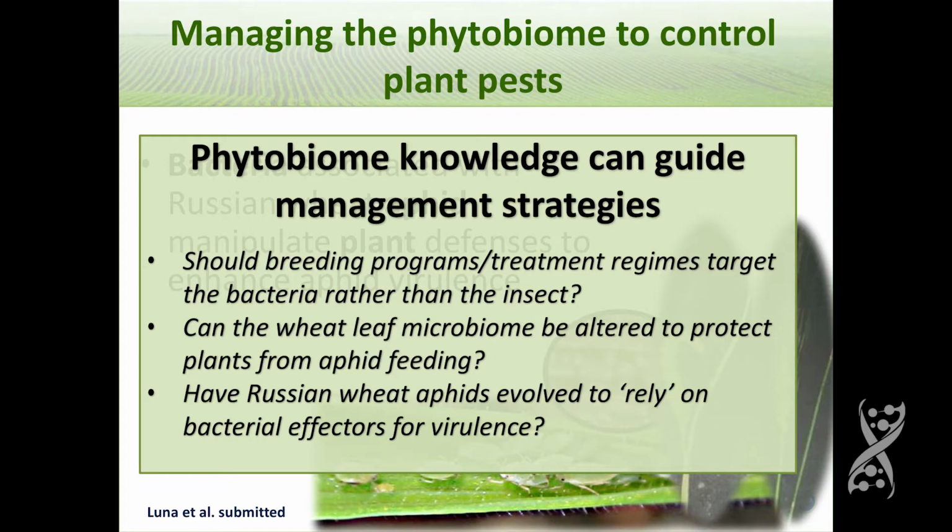the jasmonate response and enable the aphid to feed. So maybe we're looking at resistance. We could look at resistance in a different way, and in fact it'd be a lot easier to screen for these two bacteria. The other thing that we need to think about is, could we alter the leaf microbiome so that when that baby feeds next to its mom, it's not picking up these other organisms. Maybe we could outcompete the organisms that mom is contaminating the leaf with and prevent the baby aphids from becoming infested with these particular symbionts that are important.